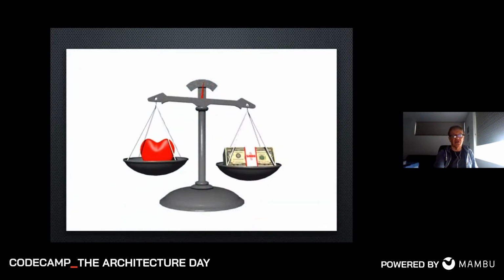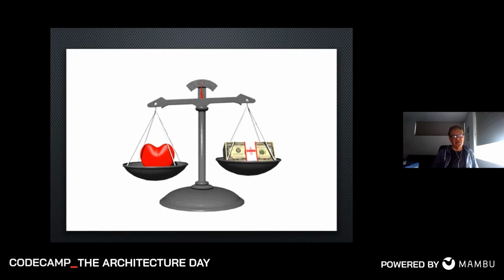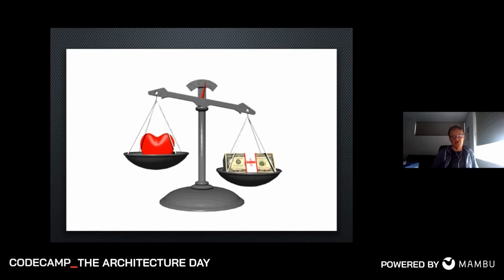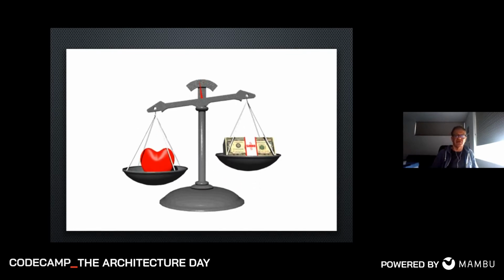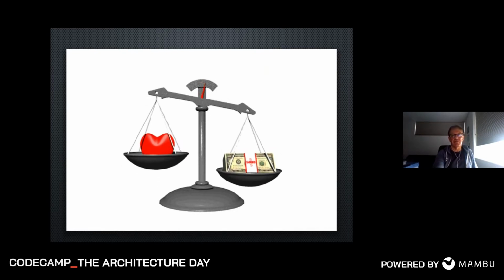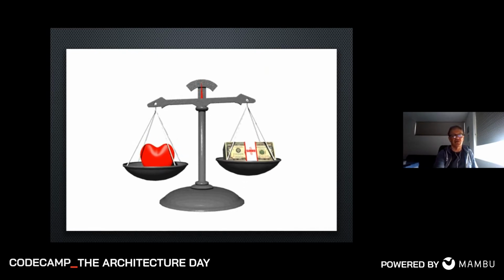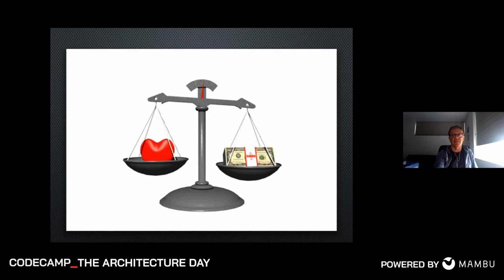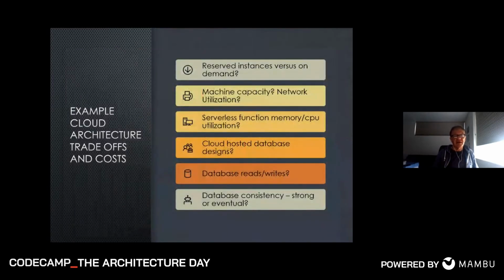As an architect, you're constantly involved in trade-offs between deploying highly scalable functional infrastructure for your microservices, but also balancing it with the costs that you spend to support that infrastructure. And so there's a myriad of decisions that you have to make as an architect when you move to the cloud. They're not just all about the sorts of issues that Mark was talking about previously. That's part of it, obviously, but there are other issues.